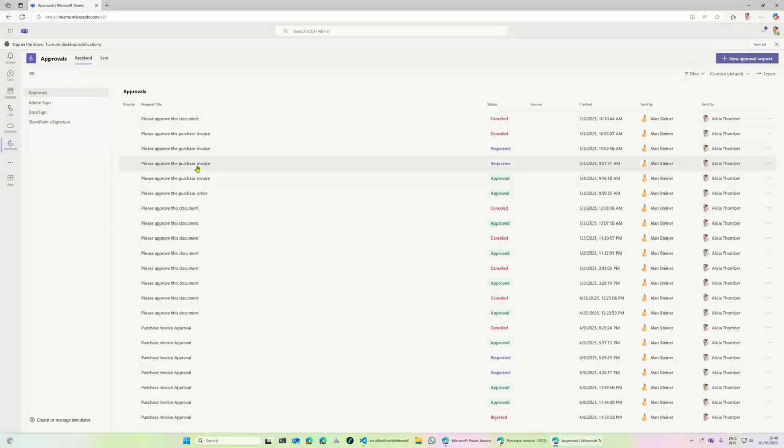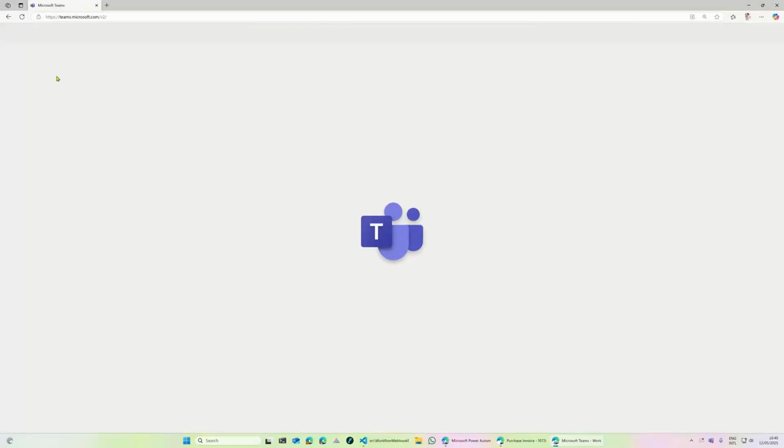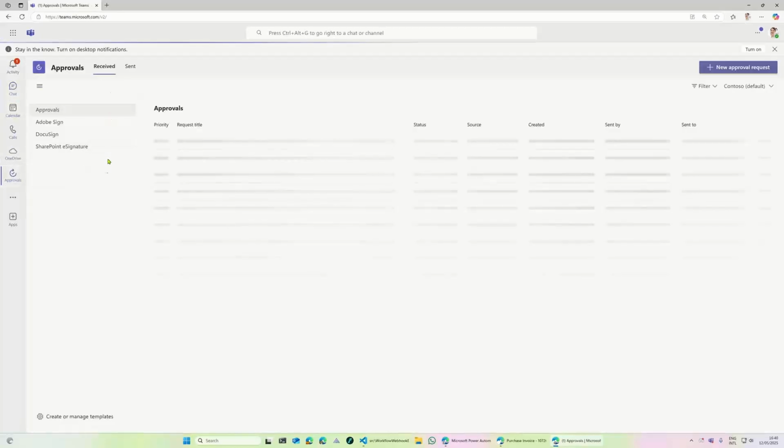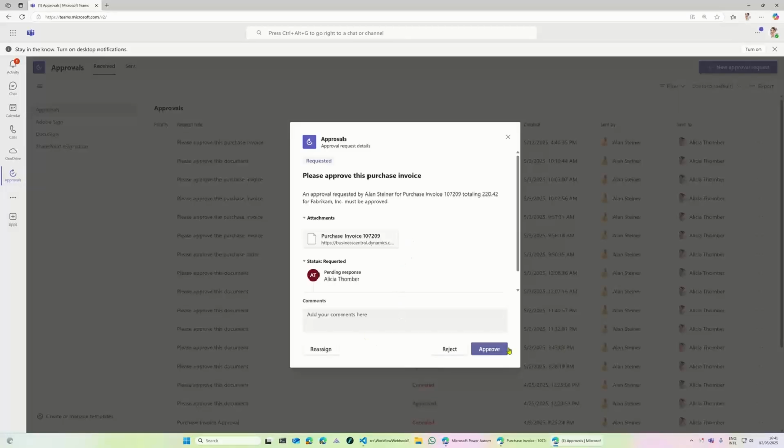And then if I go to the approver, the approver should receive an approval request. Let me see. I got approvals here. And here I have a new one, which is for today, requested. And if I now say, okay, reject or approve, I mean, let's go back into Business Central. Let's do that where we have the happy flow one time.